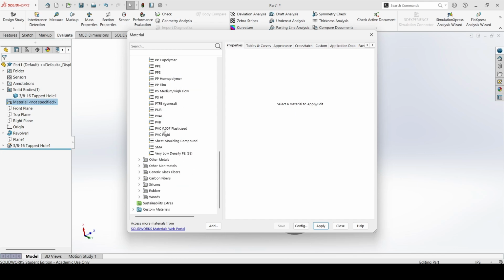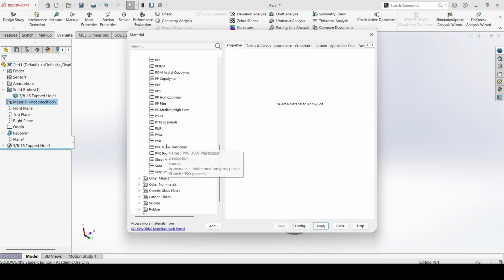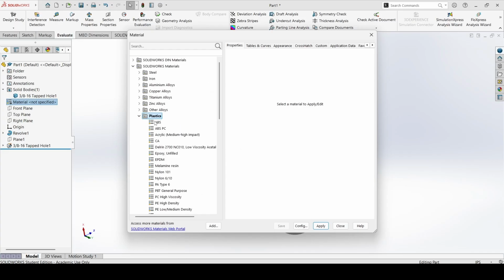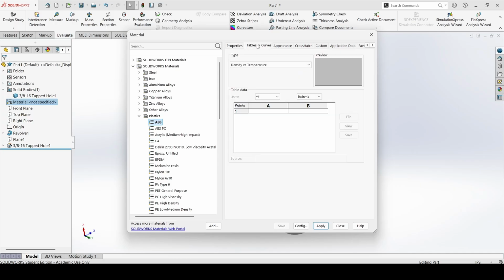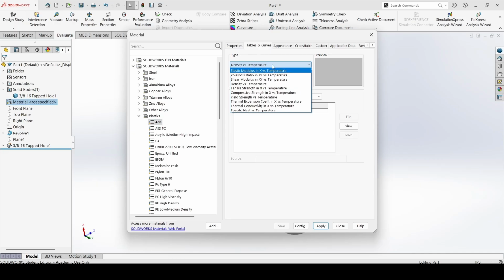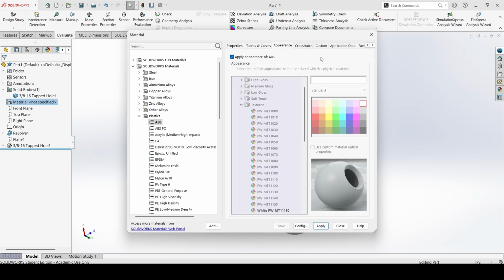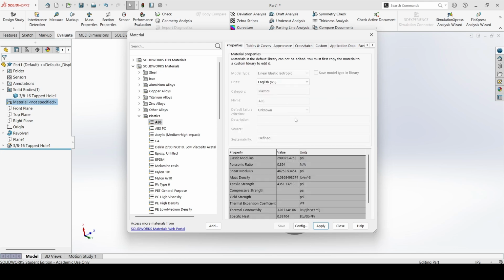Now, if you just look, there's just a lot of options. And just for giggles, we're going to select ABS. Pre-programmed into the system, there's the elastic modulus, Poisson's ratio, shear modulus, all those great things you totally learned about. There's just different stuff throughout. The appearance doesn't matter that much unless it's in a final assembly file, which we're going to go over in the next few videos. But essentially, you just select which material you want, you apply it,